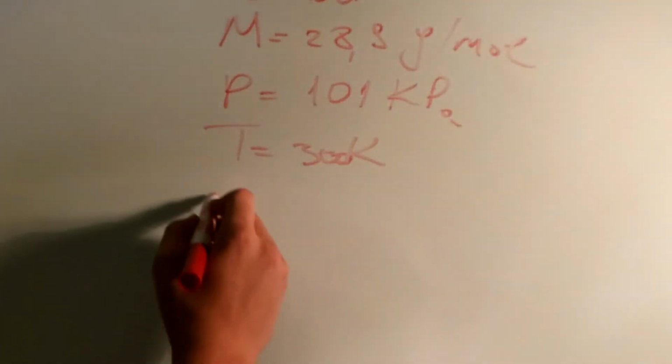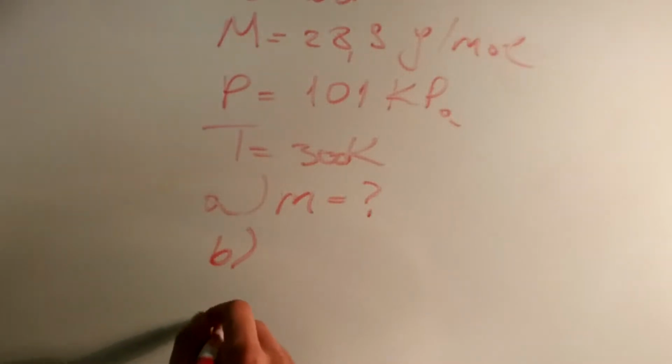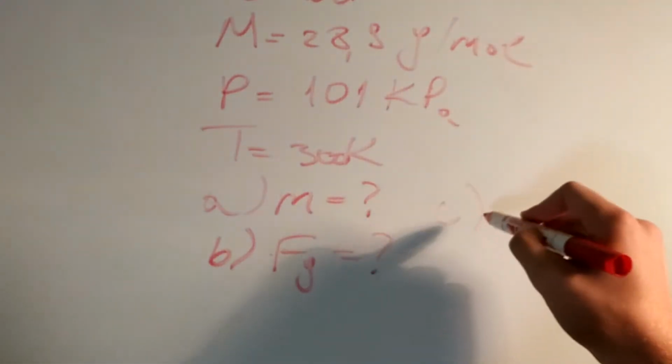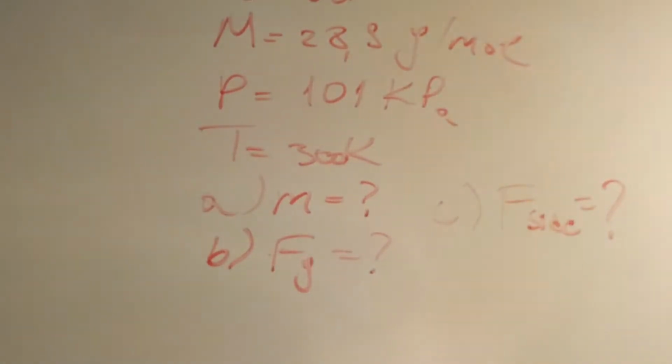Okay, and we have to find under A the mass of the gas, under B the force of gravity that's exerted on the cube, and under C the force that's exerted on one side of the cube as a result of the internal pressure. Okay, so let's see how we can solve this problem. So first of all, we have the ideal gas law, which is